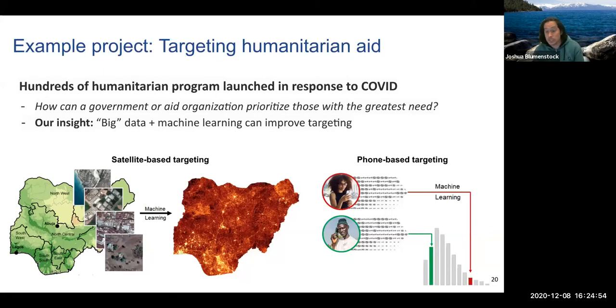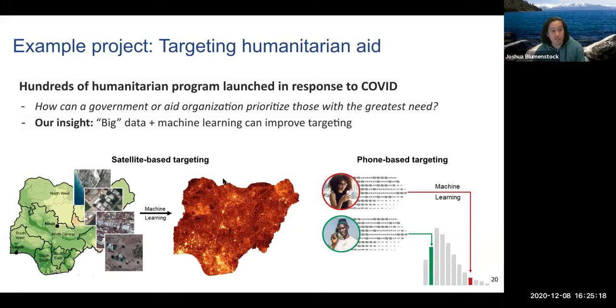And so this line of work is focused on using new methods from AI and machine learning, as well as new sources of data to help target government response to COVID. So, one very concrete example, we're working very closely with the government of Togo, who received a large amount of money from the World Bank in order to finance cash transfers to poor people.